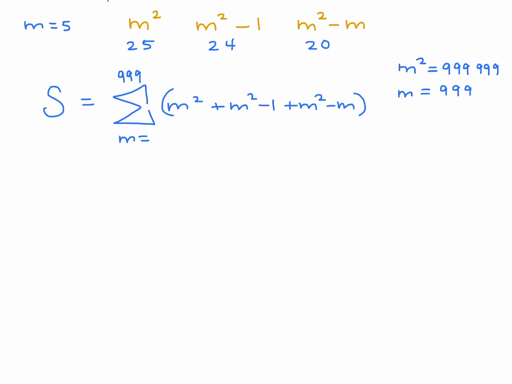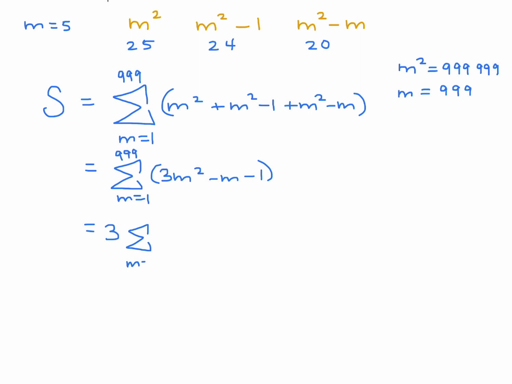And then at the end, I'll just double check to see if I've done this properly. Okay, so let's combine this before I make the summation. m from 1 to 999. I can combine 3m squared minus m minus 1 like that. And then I can break it up: 3 times the sum from m going from 1 to 999 of m squared, minus the sum from m going from 1 to 999 of m, and then minus the sum from m equals 1 to 999 of